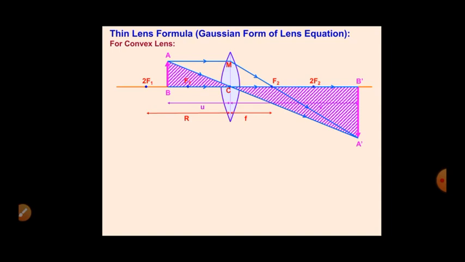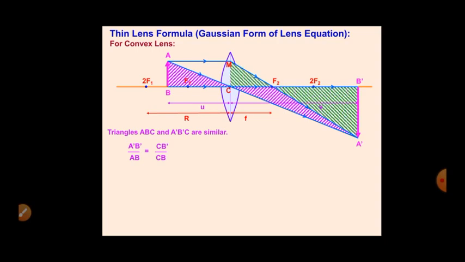And now this is the area where we can see two triangles, that is ABC and A dash B dash C. These two triangles are exactly similar triangles. By the angle concept you can make them similar, and when they are similar, then obviously we can compare their sides, as we can compare AB with A dash B dash, and similarly CB with CB dash. So you can see now here A dash B dash upon AB is equal to CB dash upon CB.